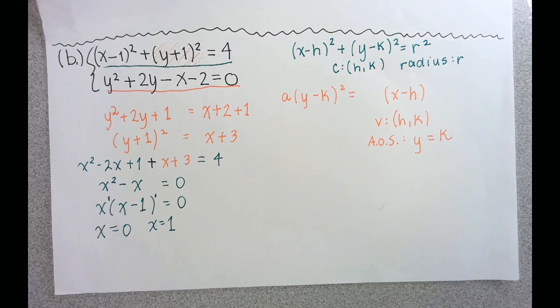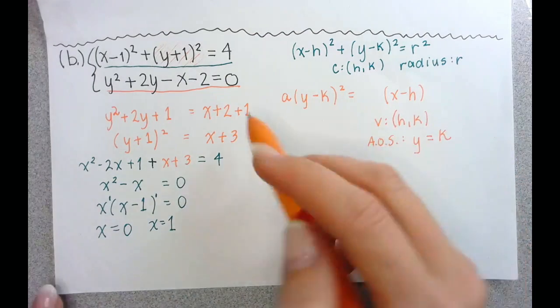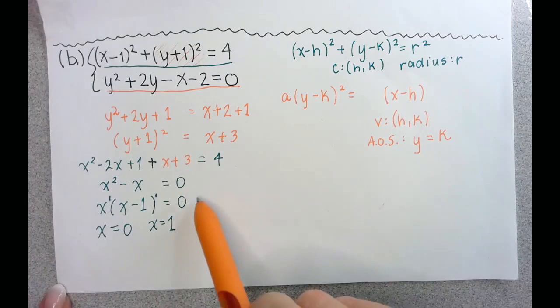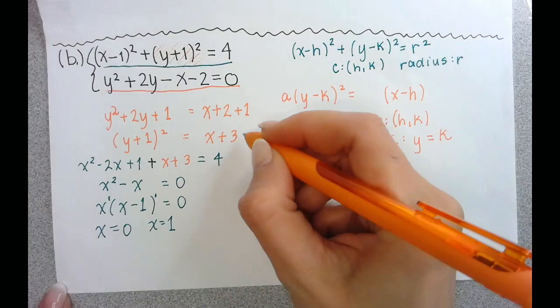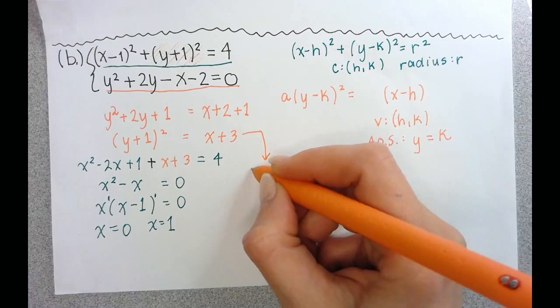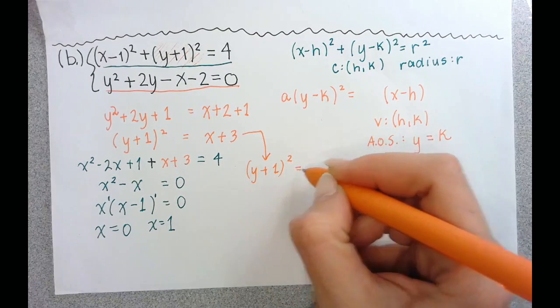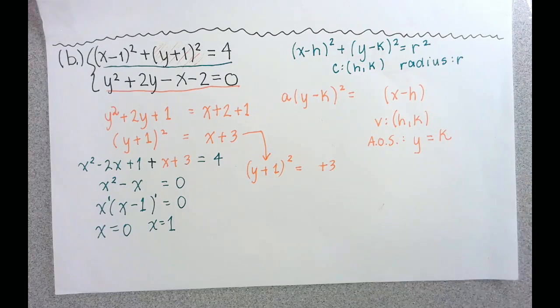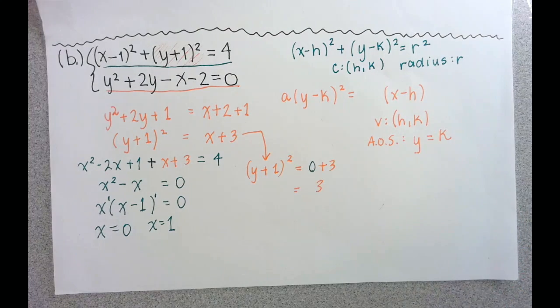Now, let's find the y values that correspond to it. Now, this is where it gets a little interesting. I'm noticing I have y squared in both equations, so it really doesn't matter which one we use. I guess I'll use this one right over here. So if I'm solving with this one, I'm going to have y plus 1 squared equals something plus 3. I'm going to start off by plugging in the 0. Well, 0 plus 3 is just 3. And I have y plus 1